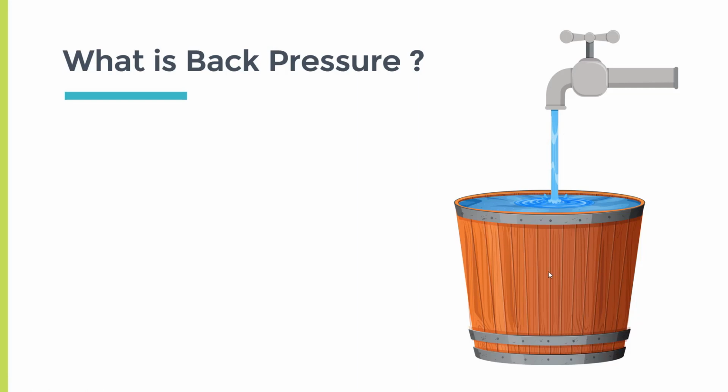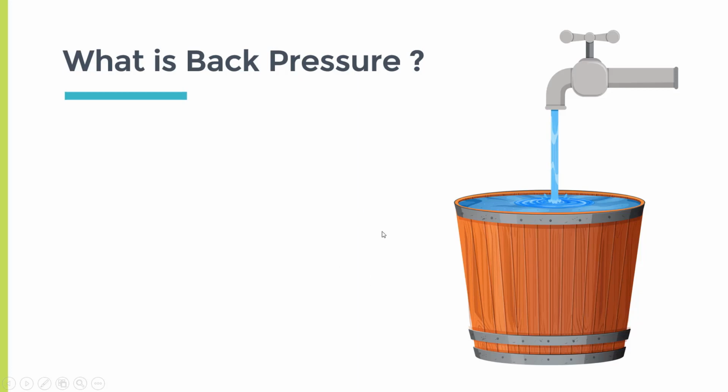Now, the second scenario is, say for example, this bucket is half filled. And the person identifies that after some time, I will need another bucket. So what he will do, he will slow down this flow of water using this handle, and he will get some more time. And in that time, the person will try to bring another bucket. So here on the receiver side, we have the person and this is the source, basically this water tap is the source.